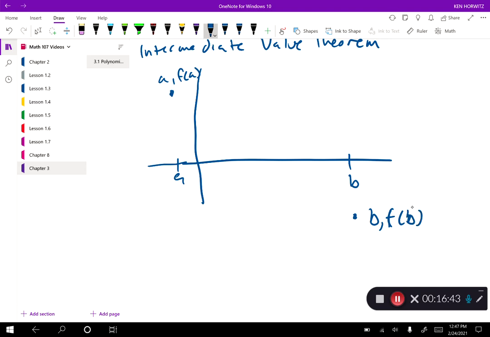All right. And if this function is continuous in this interval, it has to go below the axis at least once in order to get to b. So basically there is some number c, right? There could be more than one. In this case, the way I drew the graph, there is 3, where f of c equals 0. All right,